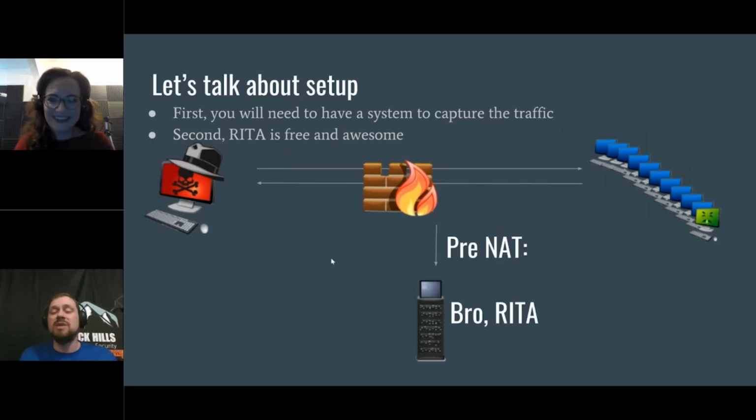But you'll have your firewall and the egress traffic. Now, all of this needs to be set up pre-network address translation. The reason why is we need to see the source IP address. We need to see the internal computer system that is communicating outbound. As you can see, we have one system with a little ick face that's communicating out to the bad guy's